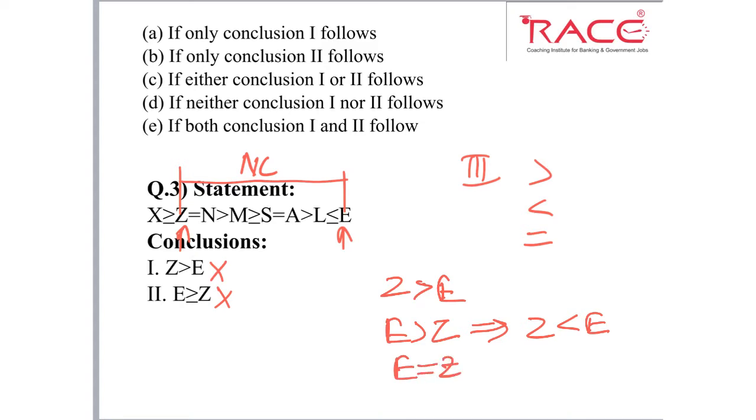So here we can easily see we have the first sign between Z and E, meaning Z is greater than E. Second, Z is less than E. Third, Z is equal to E. So the third condition is satisfied. So in this case, what is our answer? Option C, either-or. Okay, hope you understand this concept and this question. So let's move on to the next question.